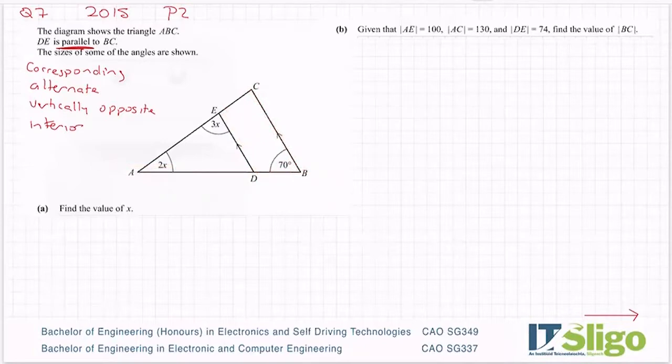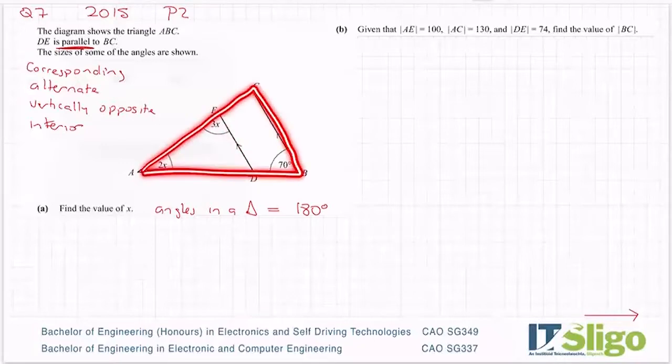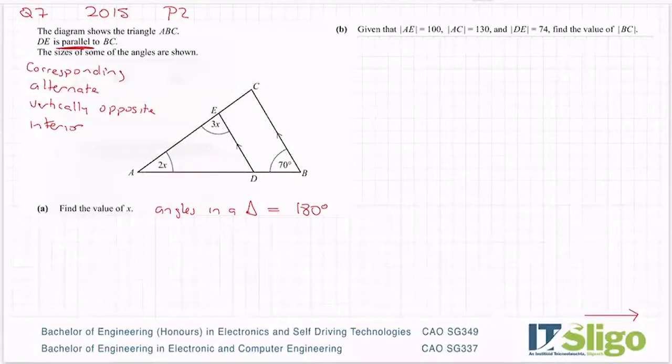Okay, well, they're triangles, so angles in a triangle equal 180 degrees. Okay, so if I could find the three angles in any of the triangles, I could add them up to 180. Okay, so I'm going to try